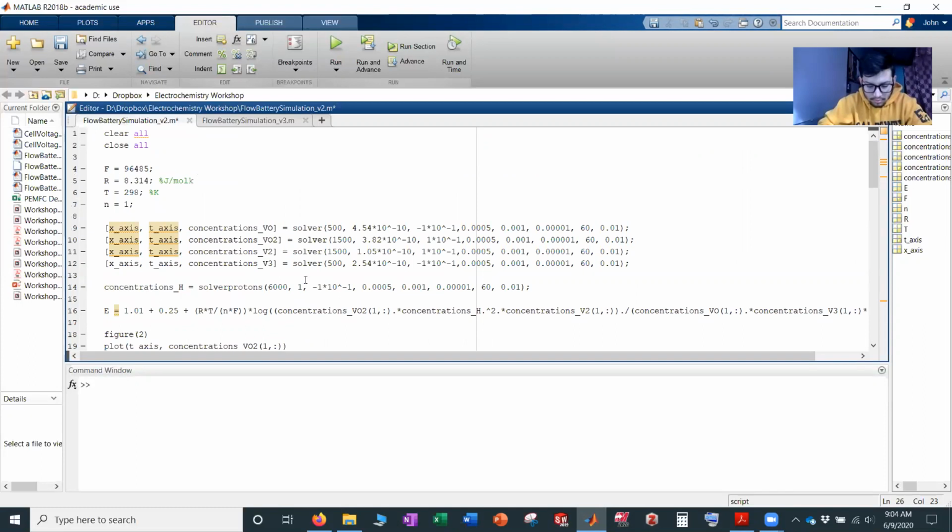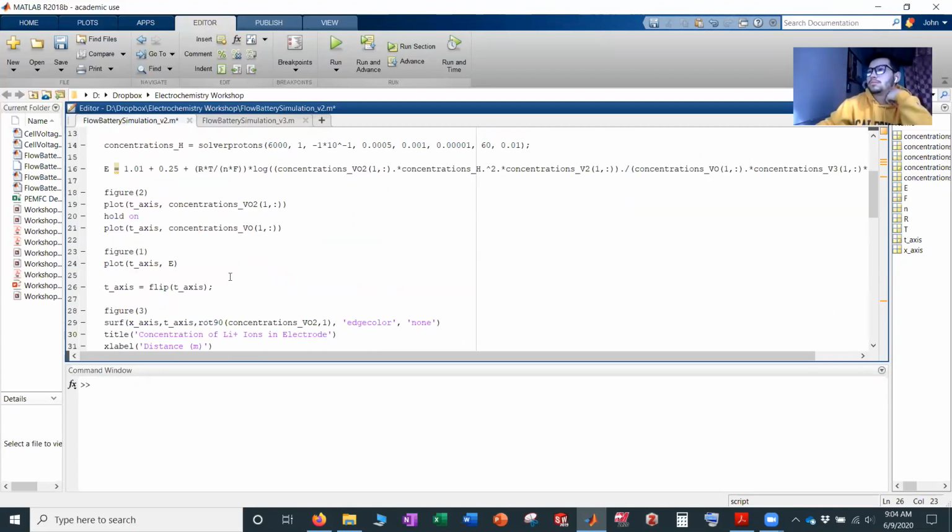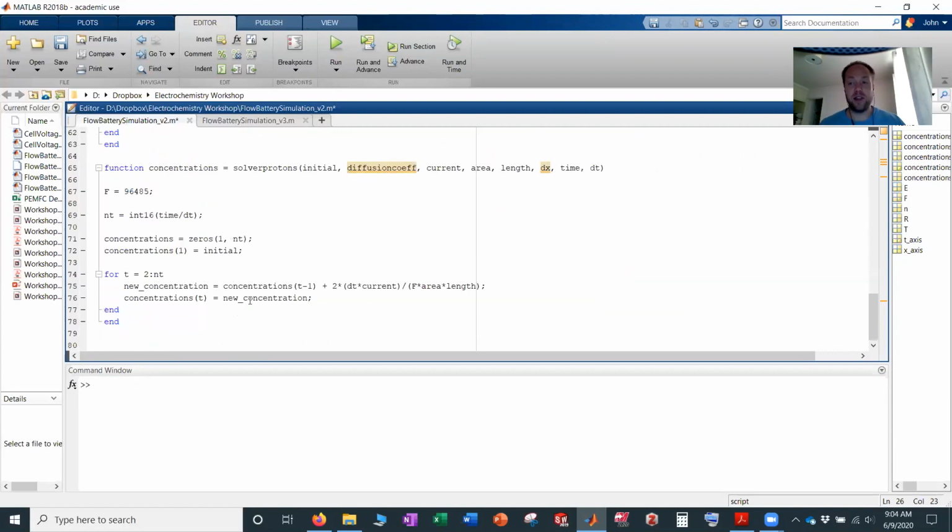So the next step really is, you're basically just calculating the equilibrium potential at this point. And so what we want to do now is start taking into account the different overpotentials. So the first thing I want to do is show you a cool thing that